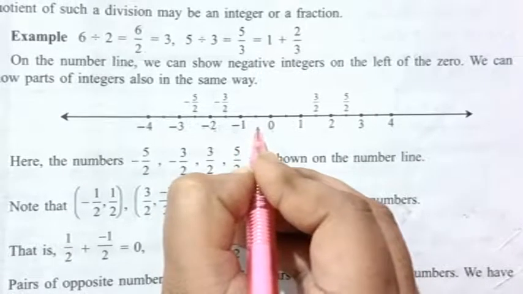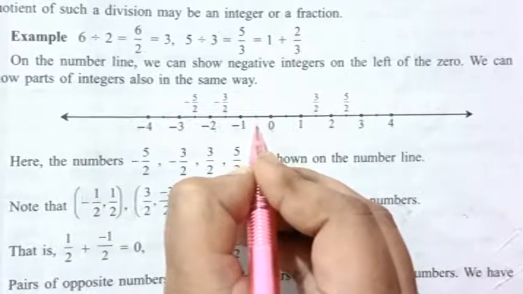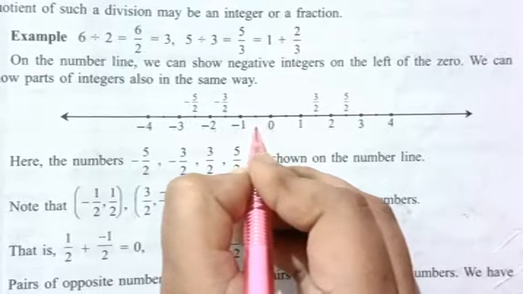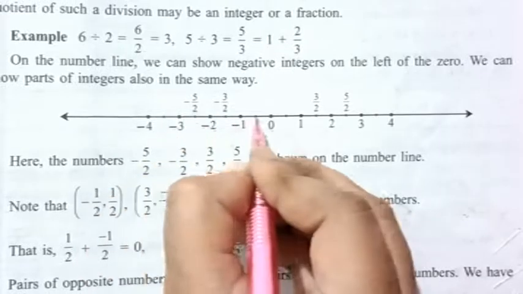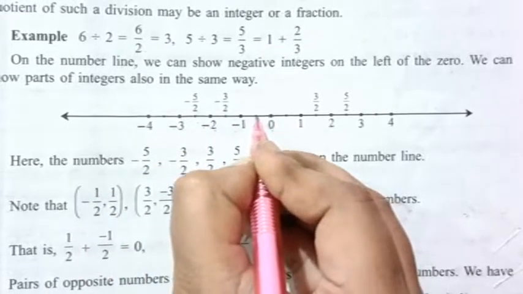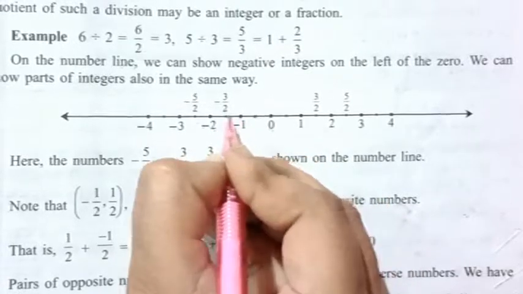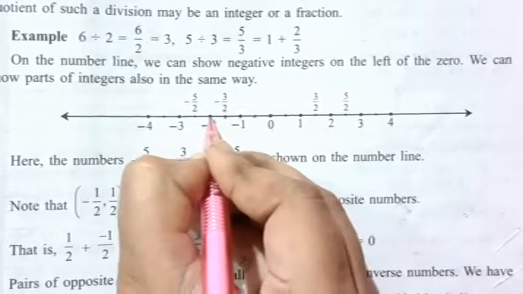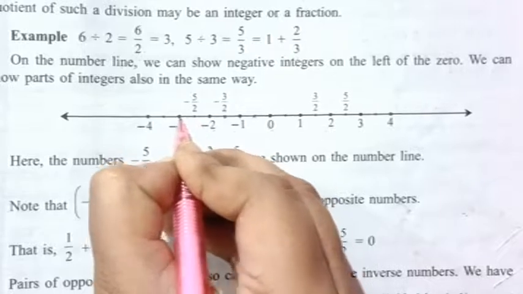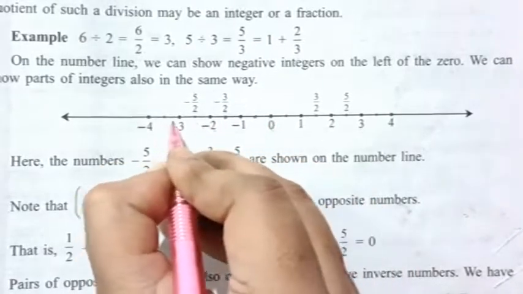So here it is two parts. This is 1, divided into two parts. So 1, 0, here it is divided into two parts. So this point and this point, and there is another point, this point, then there is another point, this point. So all these parts are being divided into two parts.